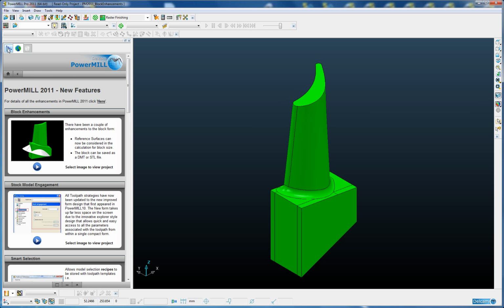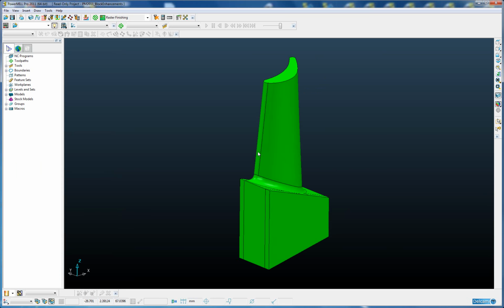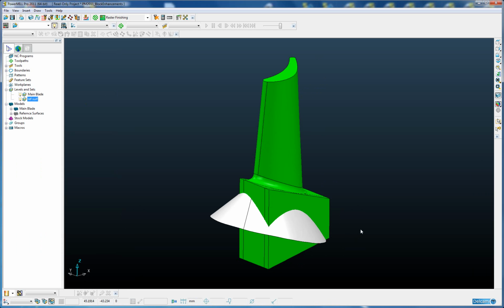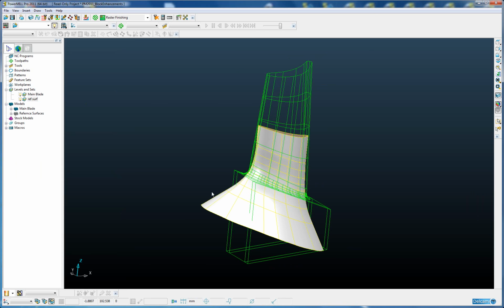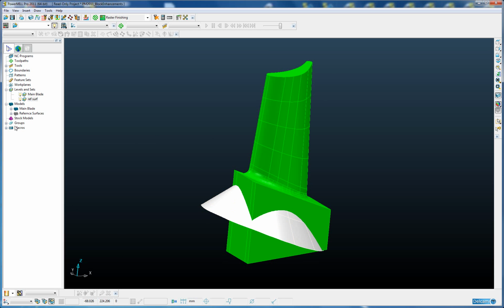If we take a look at this example on the screen, you can see we have a single blade type part, and we also have a reference surface which is used to machine the root region of the blade. This reference surface has been read in as a reference model, so Powermill knows to automatically ignore that reference model for any toolpath